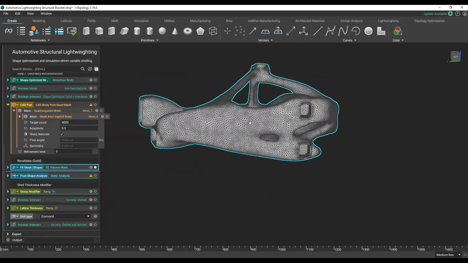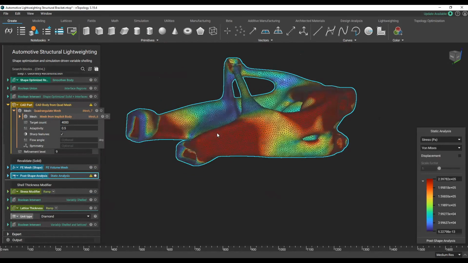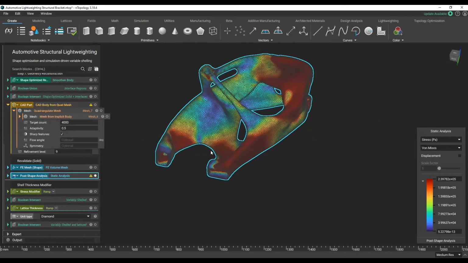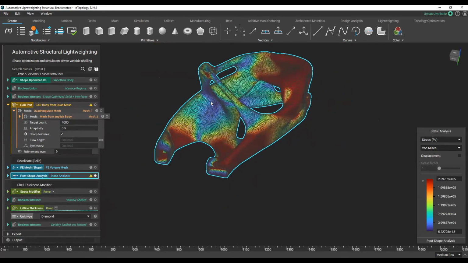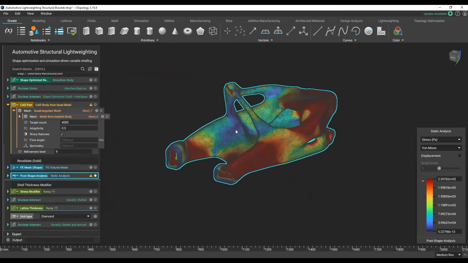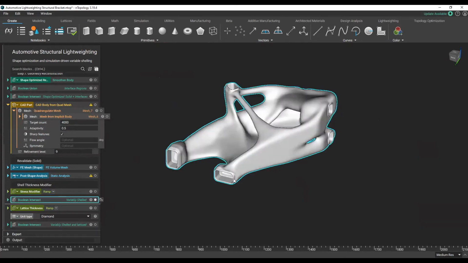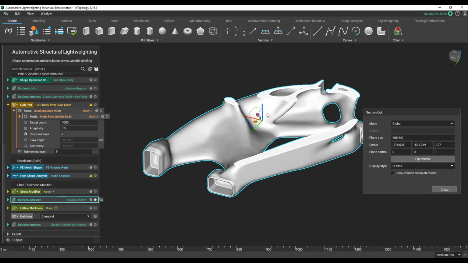Or we can use the mesh to run a static analysis of the new topology optimized shape. We can see here the areas of high stress and the areas of low stress in the topology optimized shape. And as long as the stress values are within the limits that we've set, we can do a bit further modification of this design. So again, we've got some ramp blocks going on here, and we have variably shelled this